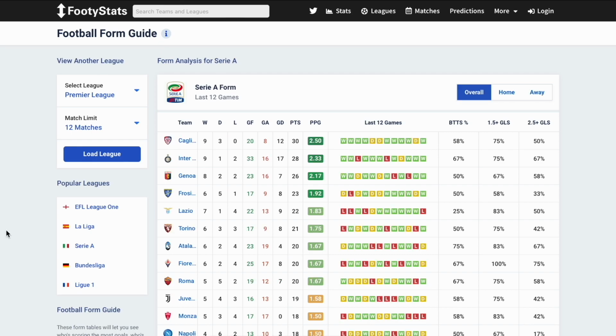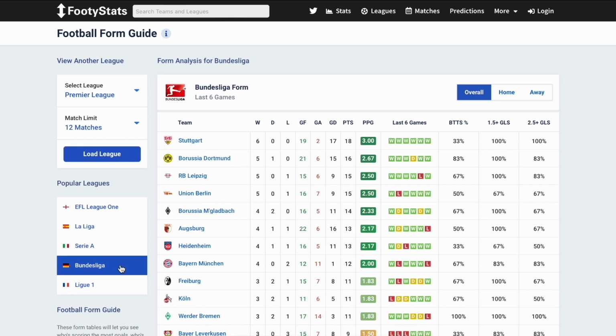If you are uncertain about the specific data you're looking for, there's a convenient shortcut to popular leagues located beneath the constraint buttons. Clicking on one of these leagues will take you to a different page that shows the stats of the leagues you choose. The table automatically will reset the number of matches to 6, serving as the default.